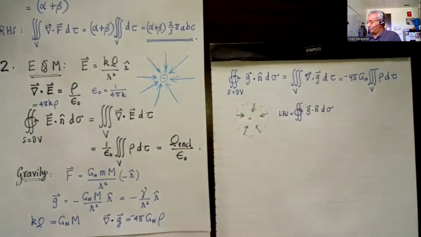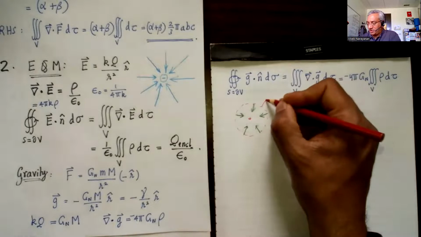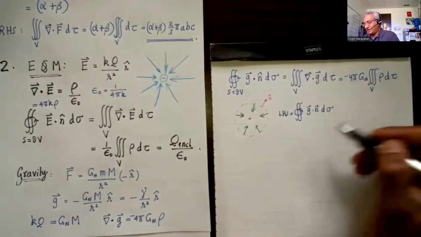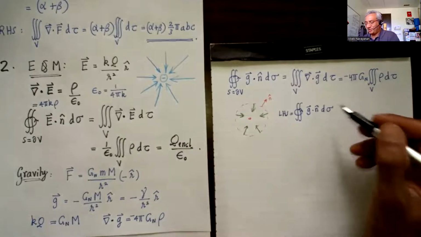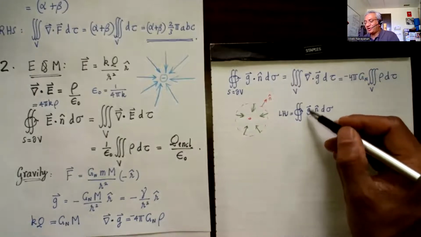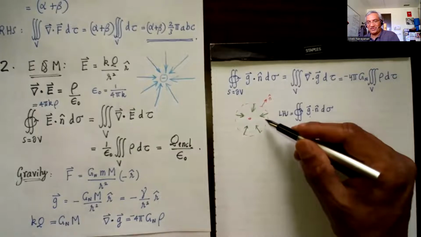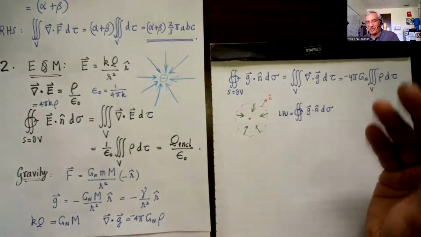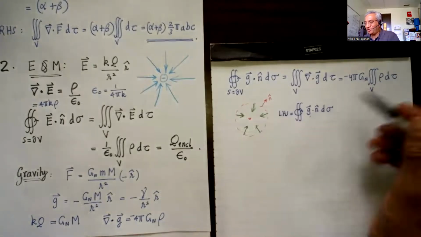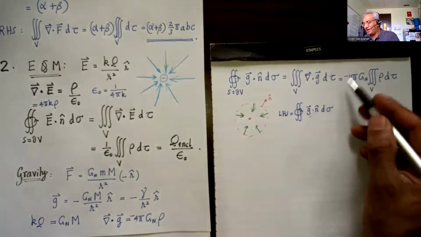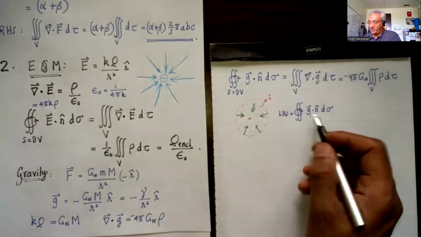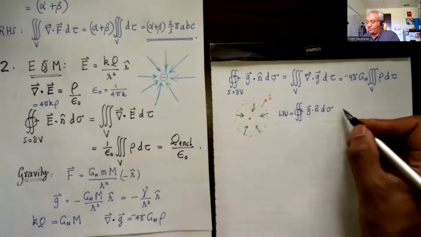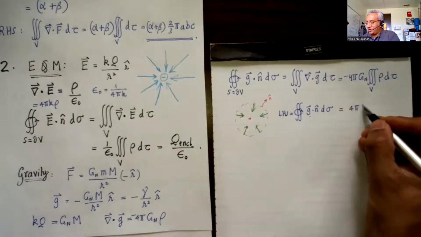Well, the normal vector is actually outward pointing in this case. So we could have gotten the negative sign like that. But here I already know that G is pointing inwards. So in this case, I already have the benefit of knowing that G is pointing inwards. If you did not know, you need the negative sign. So I don't really have to have the negative sign there in this case. So the integral of G dot N d sigma is going to be equal to 4 pi G_N times